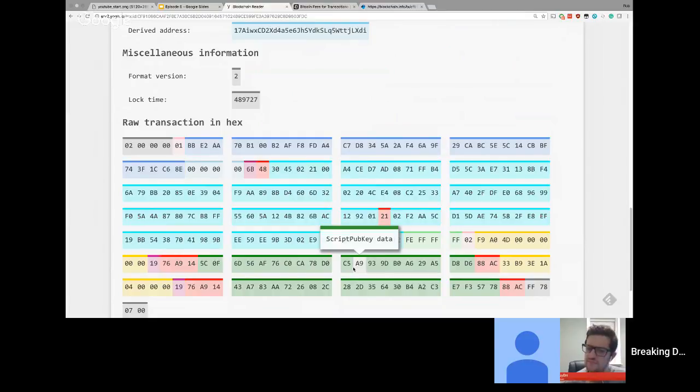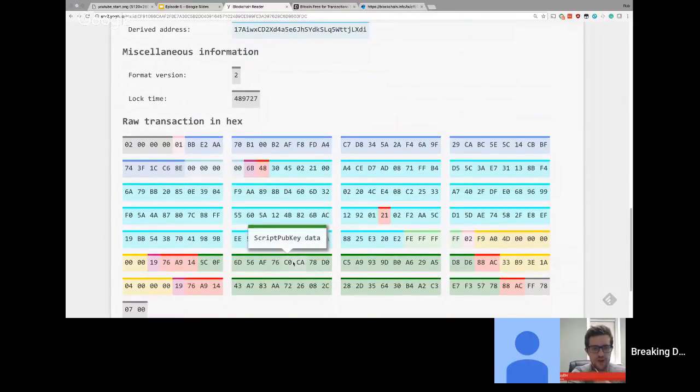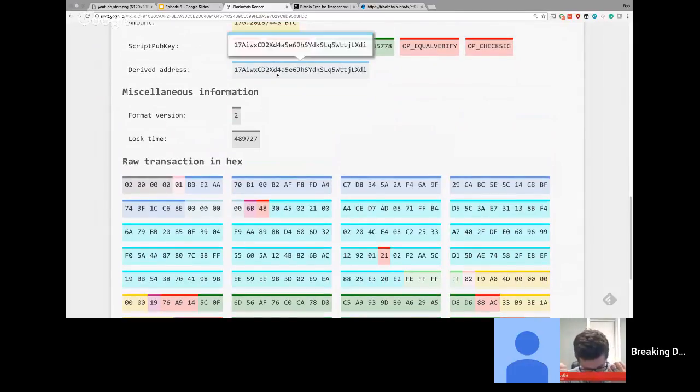It's the base 58. Is that the difference? This is the base 58. Exactly. So if you copy and paste that and then search for it in that last hex dump, you won't find it. No, because base 58 isn't hex. It's another hash. Yeah, I mean, it's not a hash, is it? Yeah, it's another hash, a hash of the